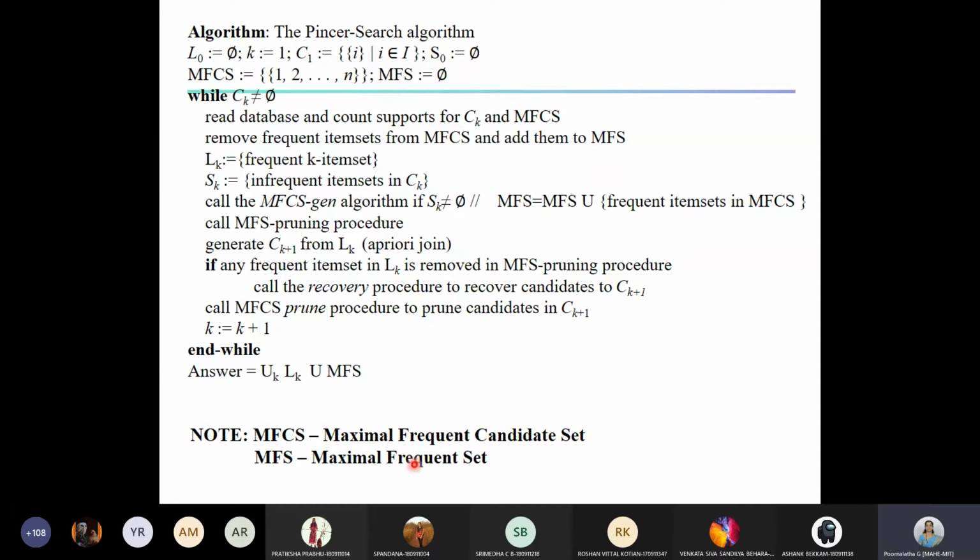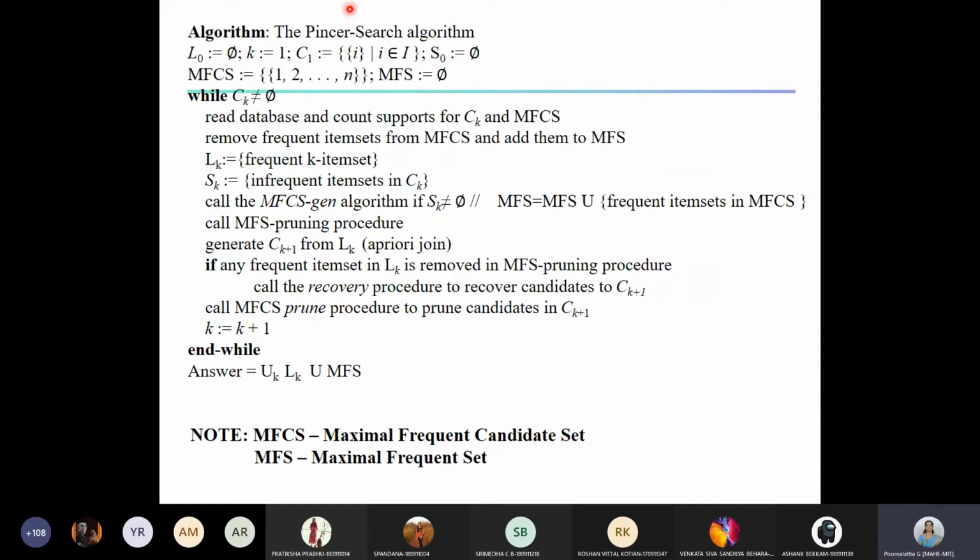Maximal frequent set means a set from the top down approach. If you are getting any item set as frequent, it means it's maximal and it is a frequent set. It is similar to your L from the bottom up. Similarly, from the bottom up approach, we use the notation Ck to denote the candidate item set. So here it is called MFCS from the top down, maximal frequent candidate set.